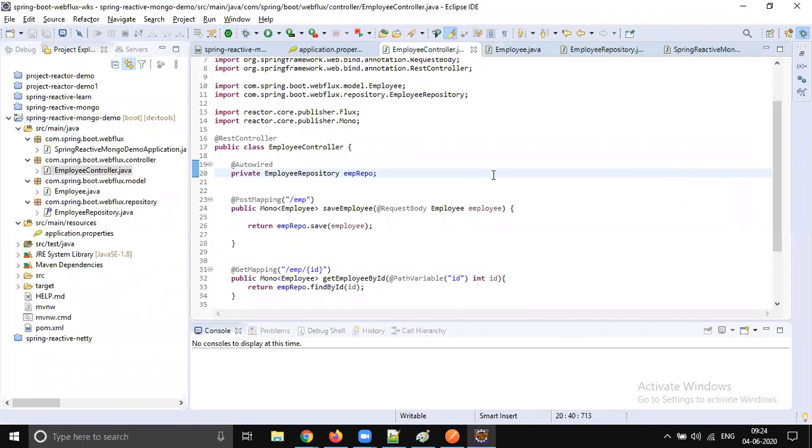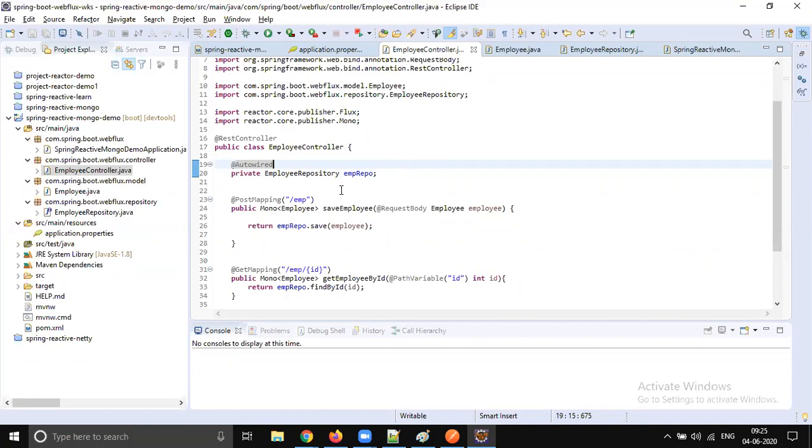By using Spring WebFlux and MongoDB, fully reactive, you can bash this, right? You can create 5,000 threads or 10,000 threads, and you can bash, no problem. This application can hold, and none of the threads will be blocked while calling the database.